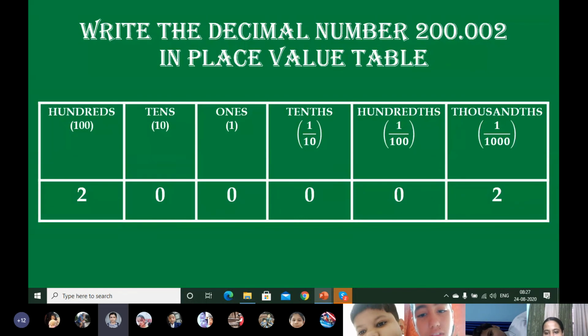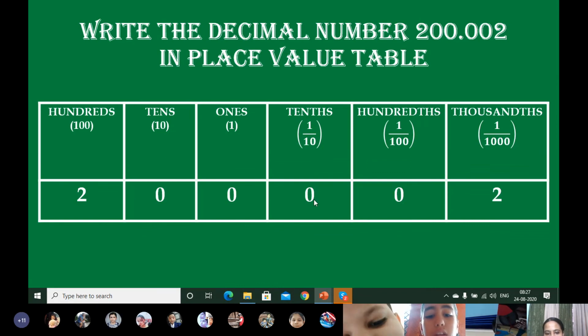Any confusion? Take a snapshot, and you can copy it later also, but take a snapshot. Understood? Any confusion with the place value table? So you know how to write it. Just use the method of displaying in the form of a place value table. Any confusion? No, ma'am. Okay, can I move ahead? Have you taken a screenshot? Yes, ma'am. Okay, let's move ahead.